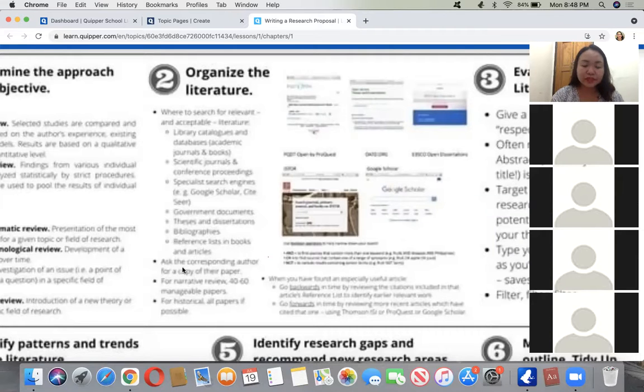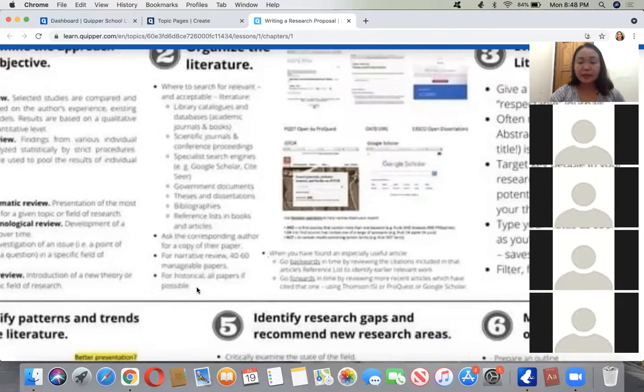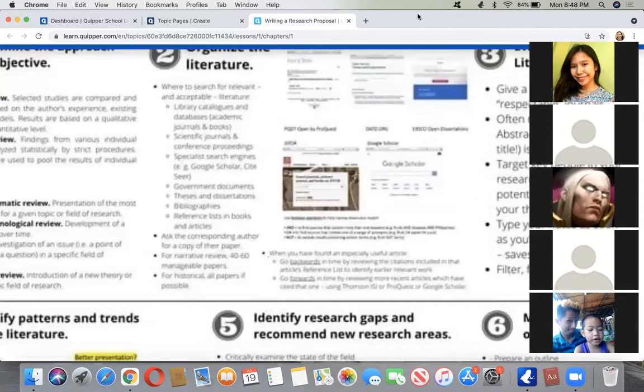And sometimes there are, especially when you go to ResearchGate, there are books that need to be paid. But if you contact the corresponding author, they can give you a free copy. No? Especially in ResearchGate. Di ba, gipakita na nako sa inyo ang ResearchGate before? Di ba,